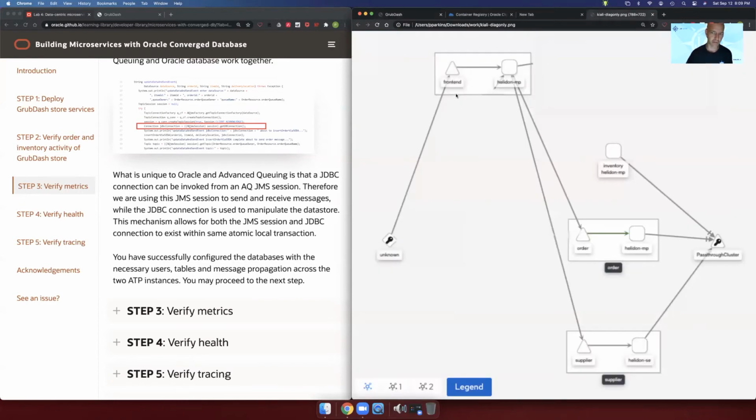So here we have our front end service. Again, this is Helidon MP. And these arrows from the front end to the order service and the supplier service indicate sync REST calls, or gRPC if you happen to be using that. It is not messaging, in other words. And so the front end is calling the order service to place an order. In the order service,